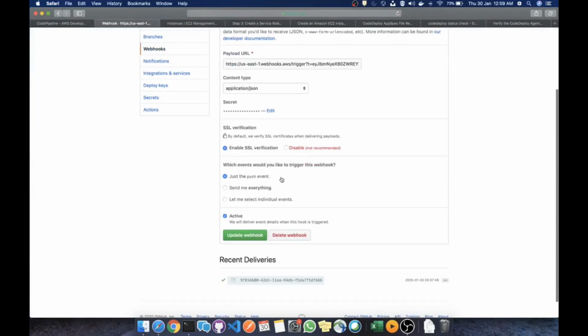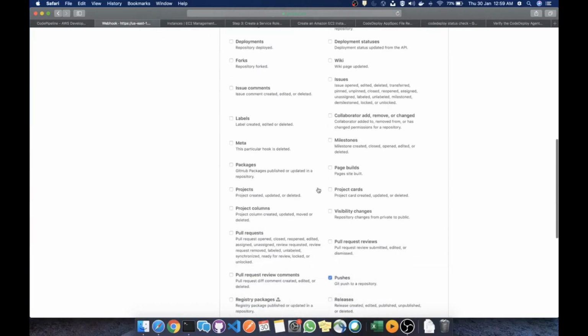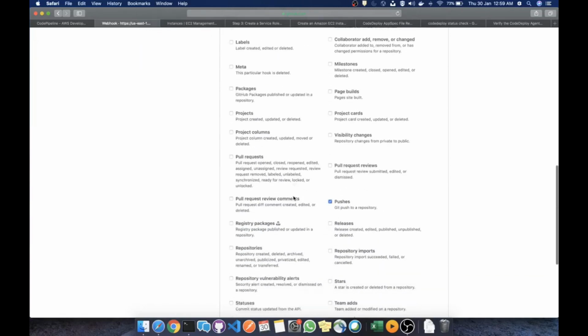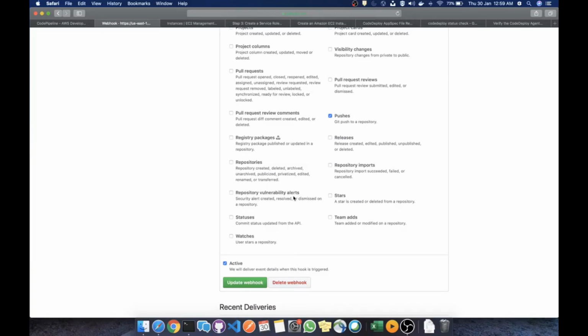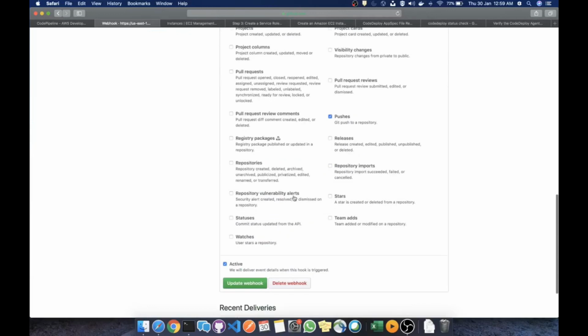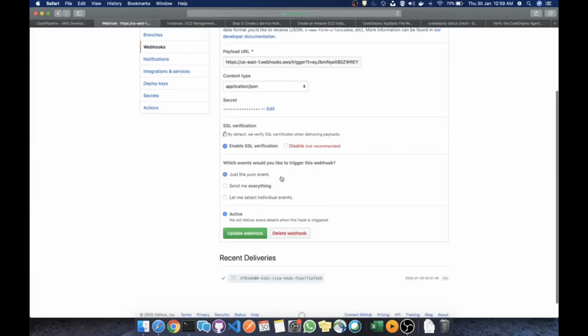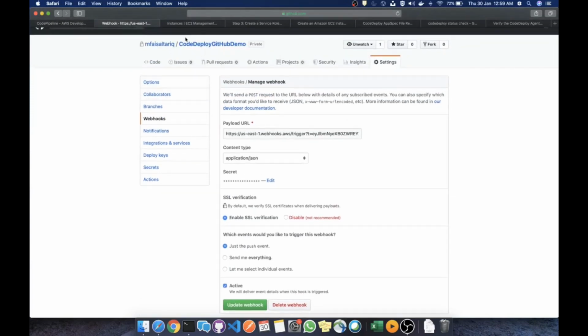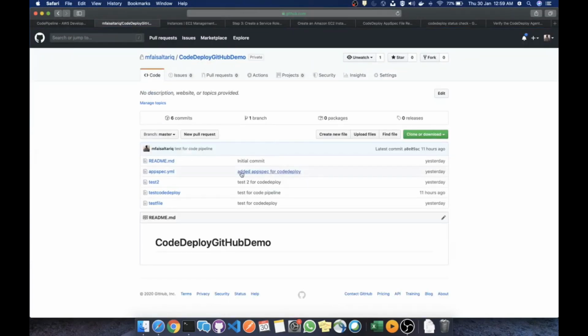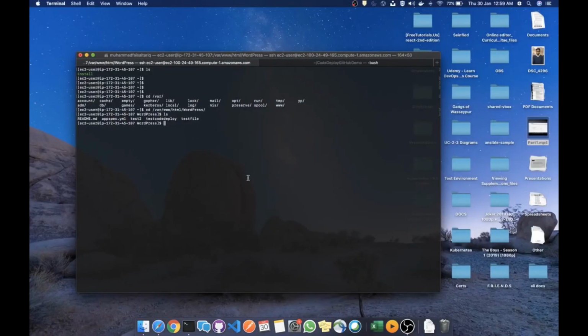If I scroll down over here, you can see that currently the trigger is set to just the push event, but you can modify it to use multiple events, like pull requests created, merges of repository branches, or if a release is made. So you can modify it according to your choice. I'll just move back over here, and now what we'll try to do is,